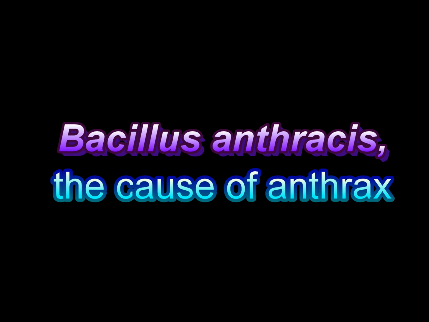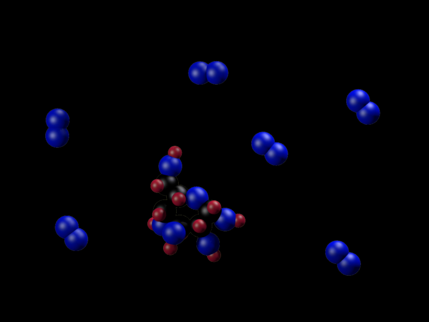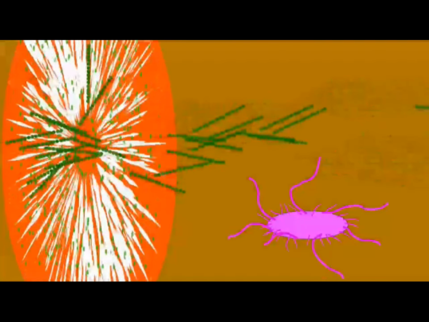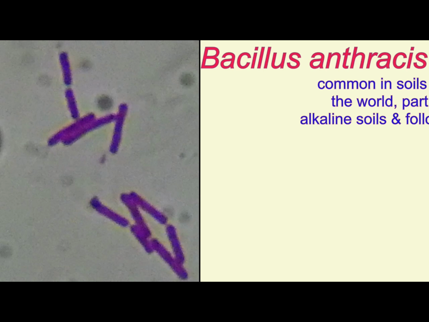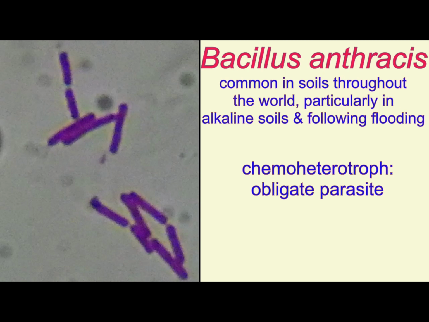The bacterial genus Bacillus is a common bacterium throughout the soils of the world. These bacteria are chemoheterotrophs. They obtain both their energy and the carbon for their biomolecules from the molecules of other living things. Often they are decomposers, or at least partially so, but the species Bacillus anthracis is an obligate parasite. It can only obtain its energy and biomolecules from infecting living organisms, and it is the cause of